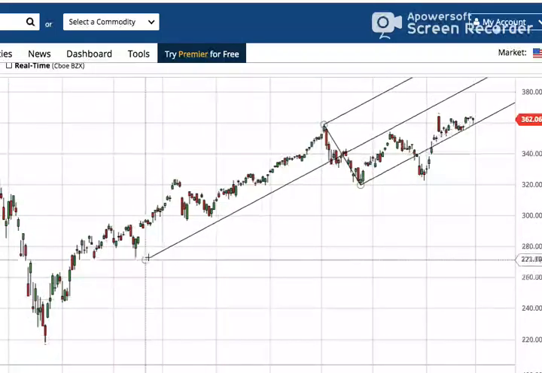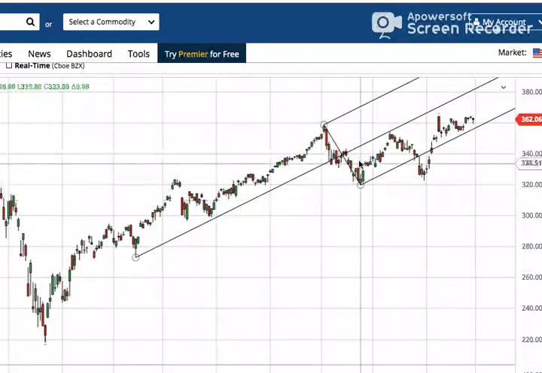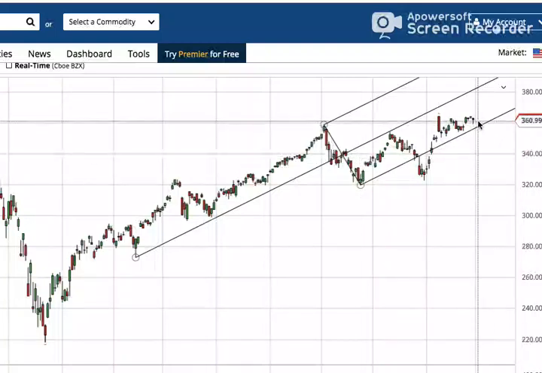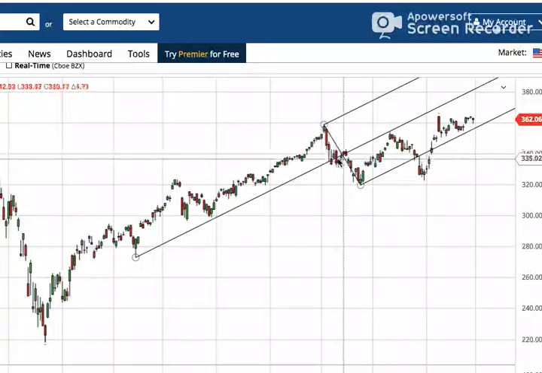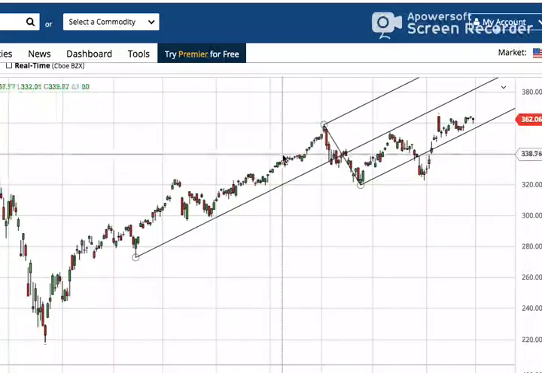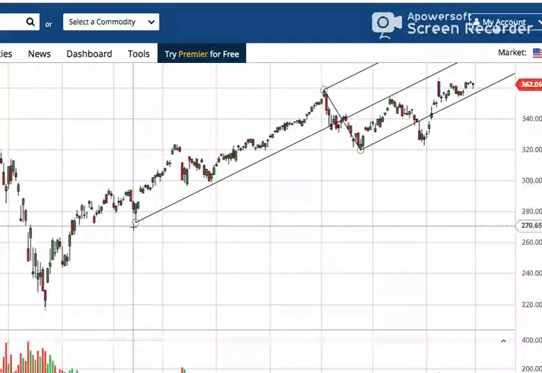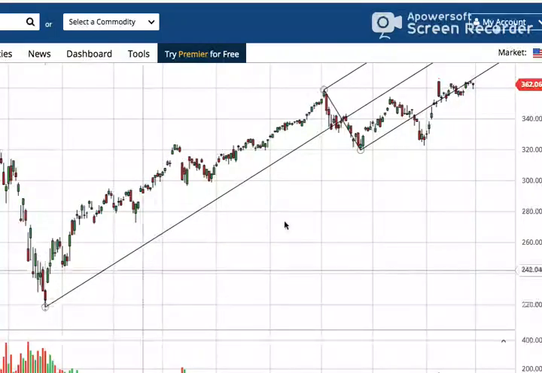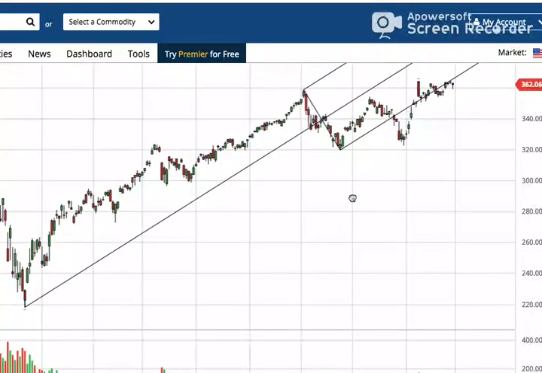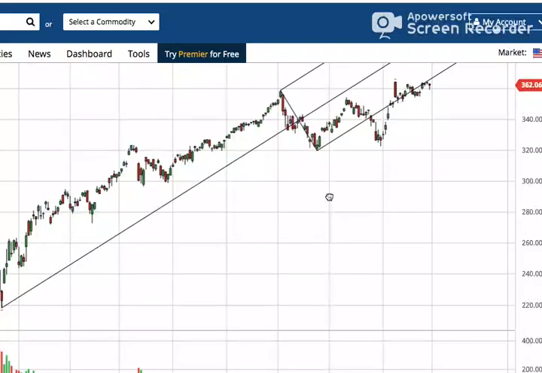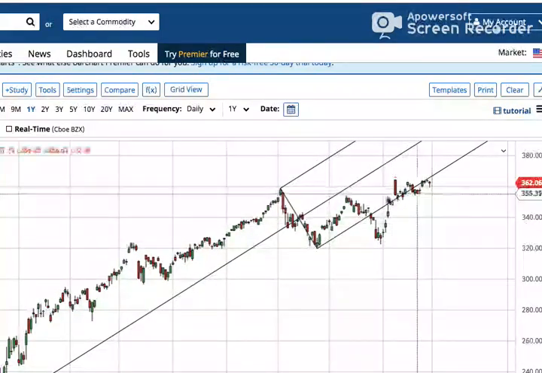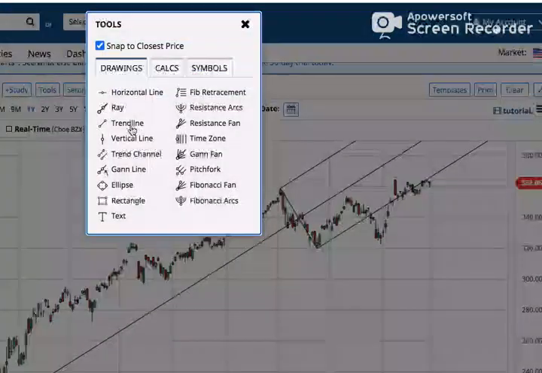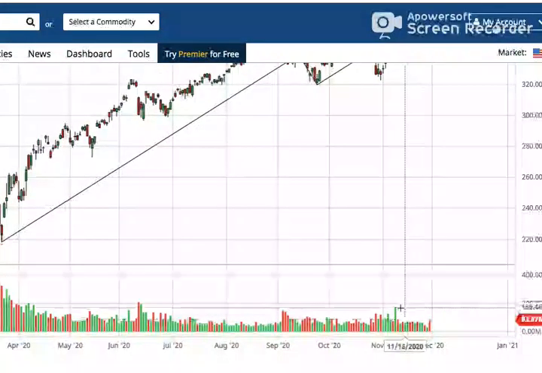Okay, so as I just showed, this was a perfectly fine pitchfork that we're going to be using to say the median will act as a magnet, just as the median of this was acting as such a very clear magnet. But also this pitchfork right now is giving us a little information that is pretty interesting, because when you look at this, you have to ask, is this just going to be a bull flag, or is there something more going on, right?